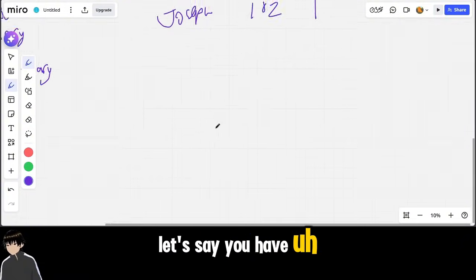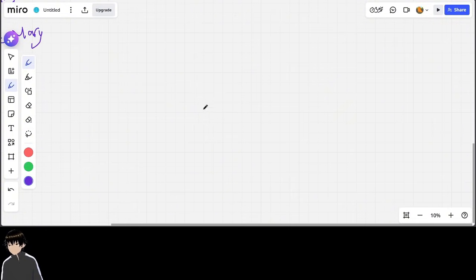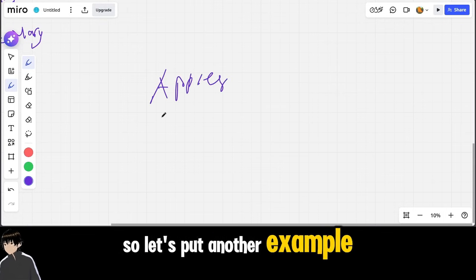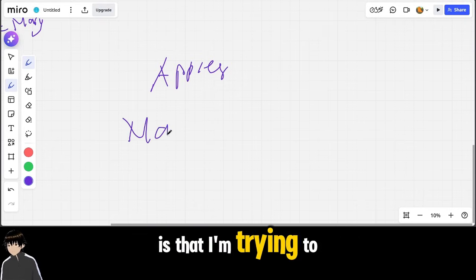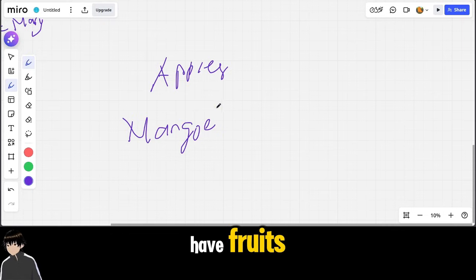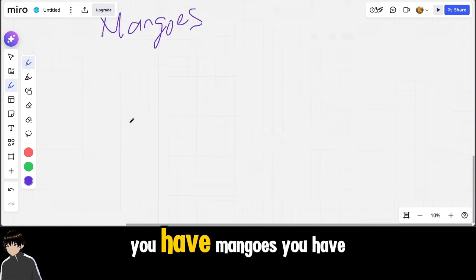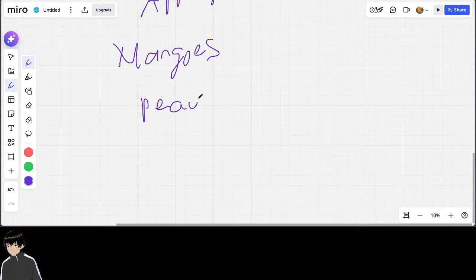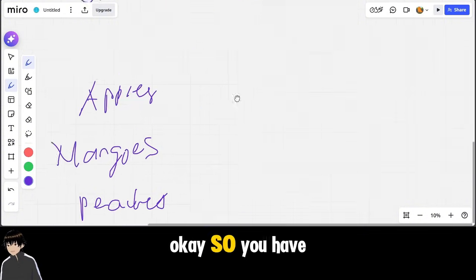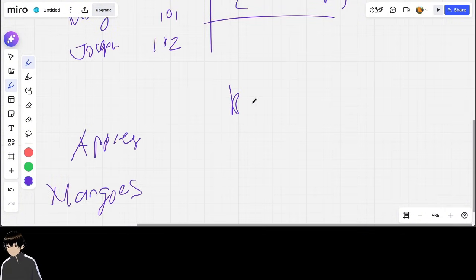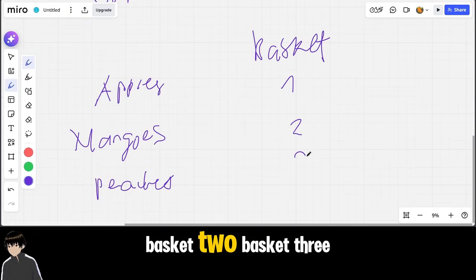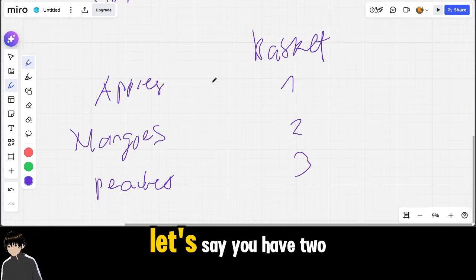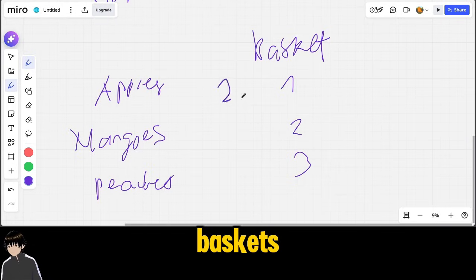Let's say you have apples. So let's put another example, just in case you didn't understand what I'm trying to say. Let's say you have fruits: apples, mangoes, peaches. Let's say you have a basket. Basket 1, basket 2, basket 3. Let's say you have 2 baskets,